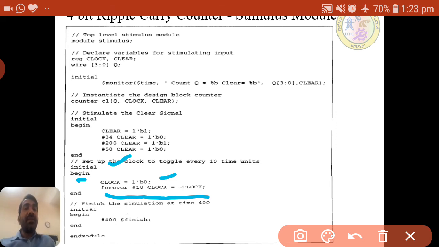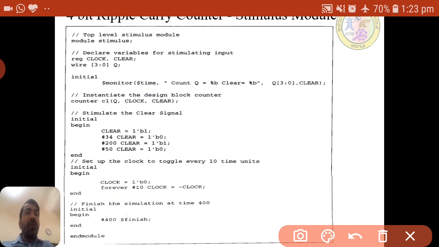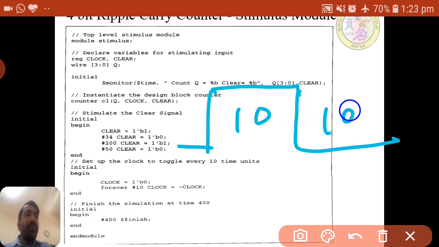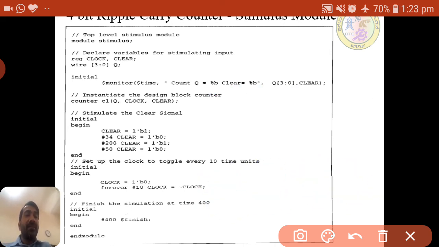There are two ways: in the tool we can force the pulses in force mode, or we can generate the pulses through the test bench. Forever is again a keyword, #10 is a delay, clock equal to not of clock. That means 10 nanosecond it will be high, again 10 nanosecond it will be low. Like this, forever it keeps generating pulses.